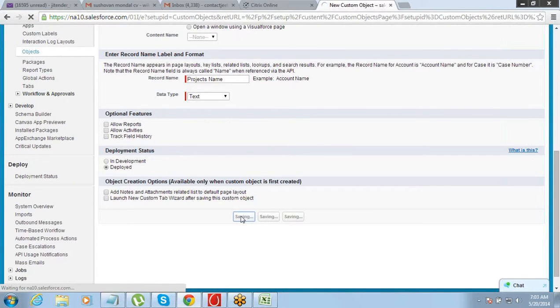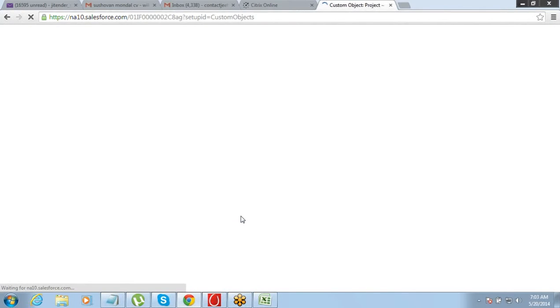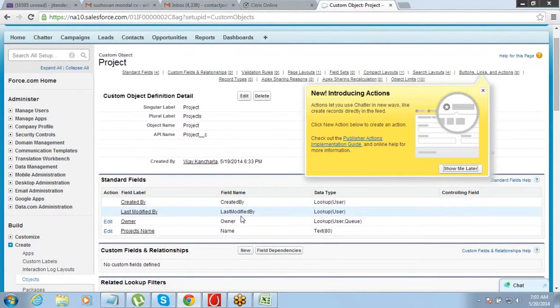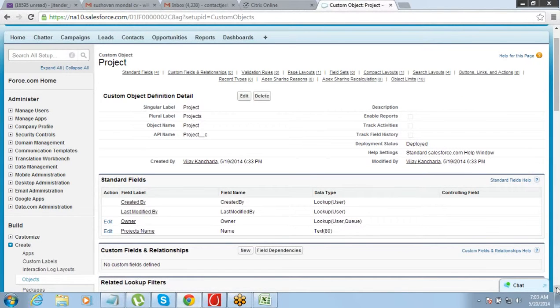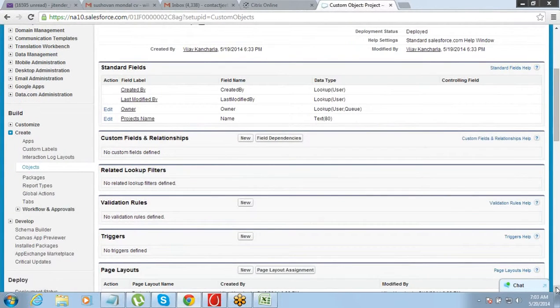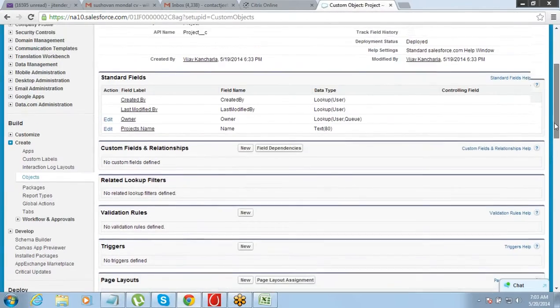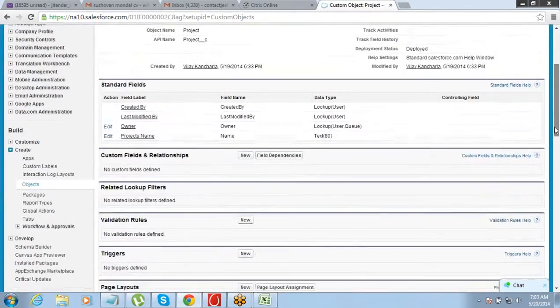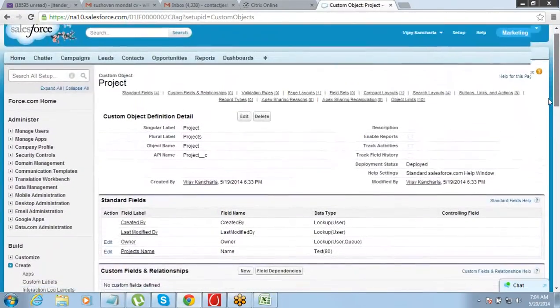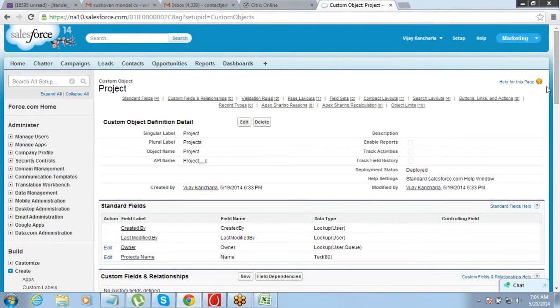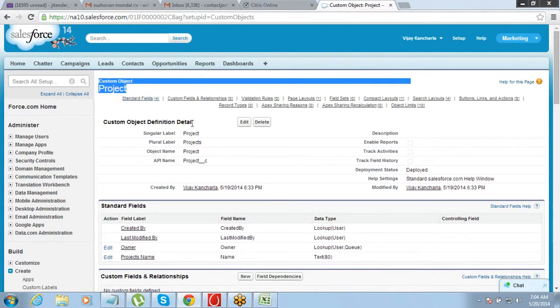So just click on save. Your object is created, right? You see, custom object project has been created.